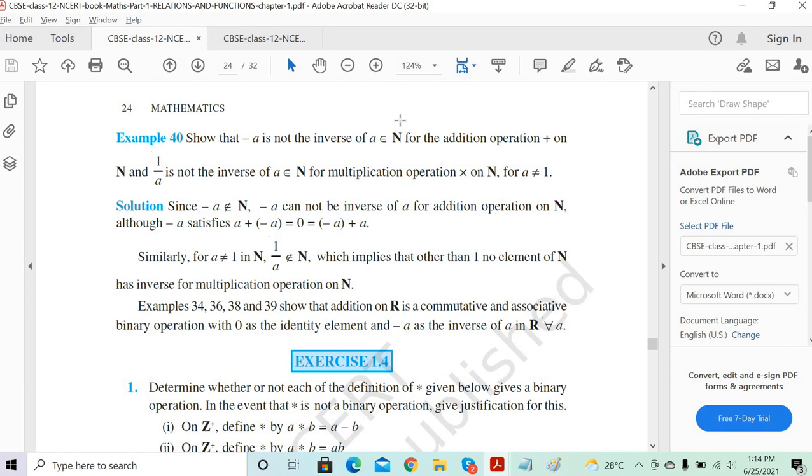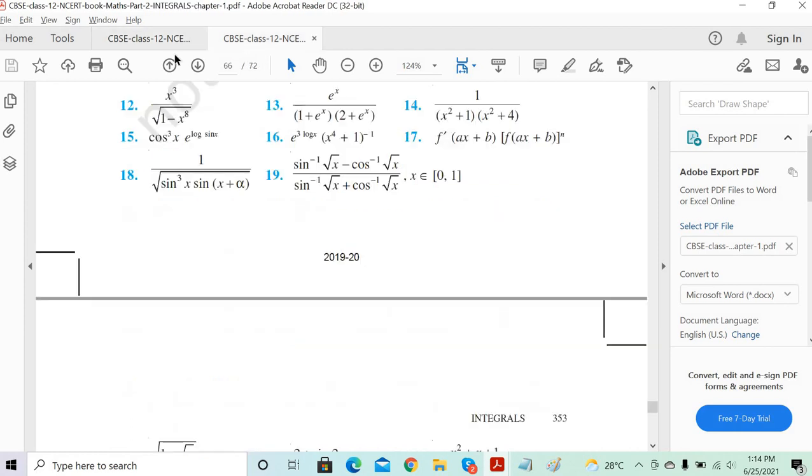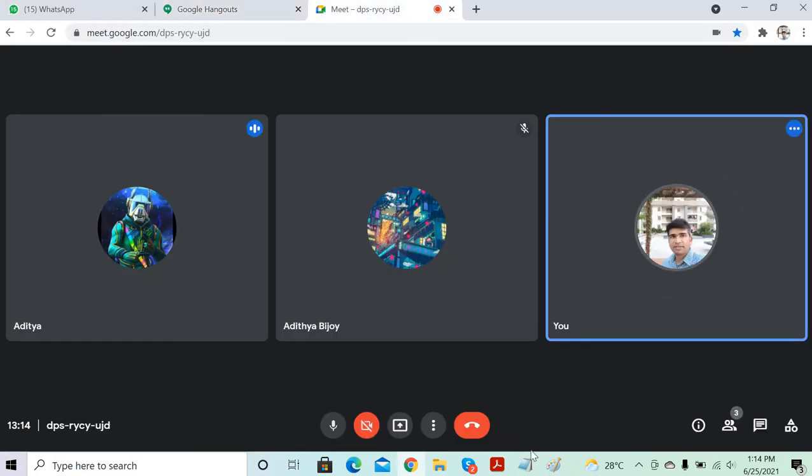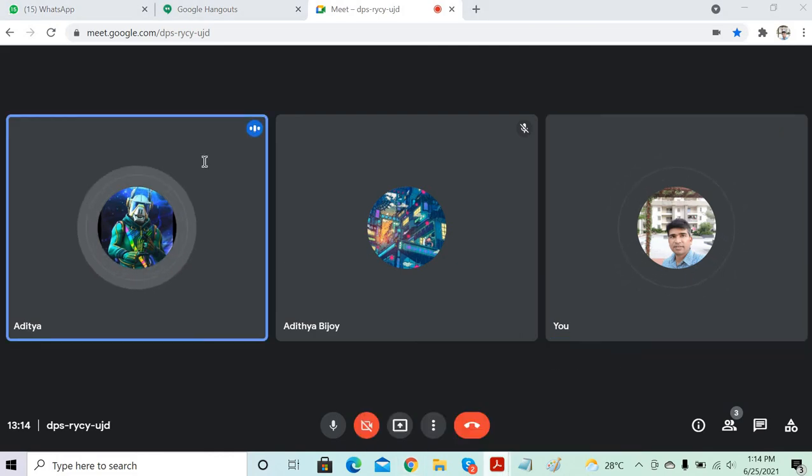See, it's all what we are talking about was the oral question only. This is not to be written. Whatever we are talking about, that only has to be written. Correct? Any questions? Any doubts? Okay. Is it audible to you? Any questions? Any doubts? No, sir. Fine. Exercise will start tomorrow.